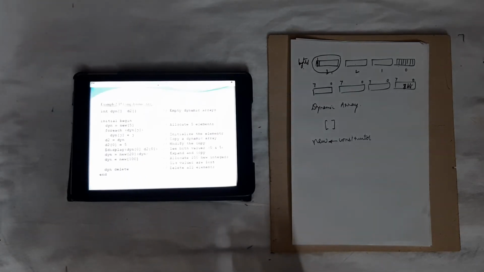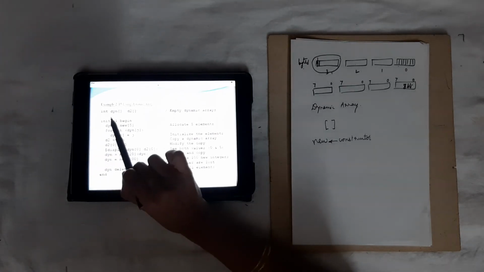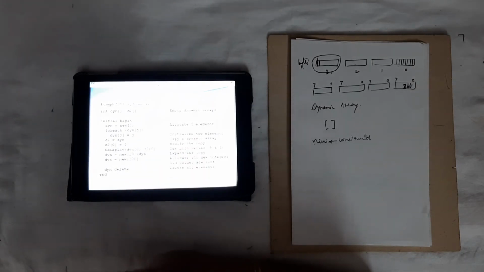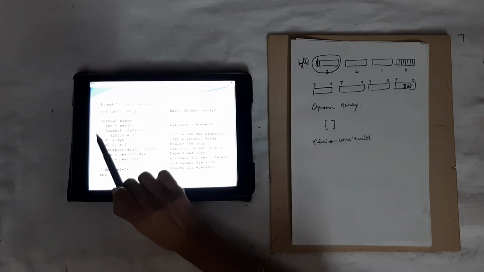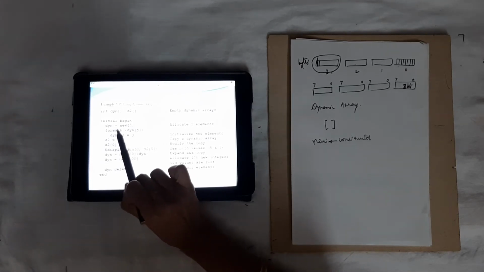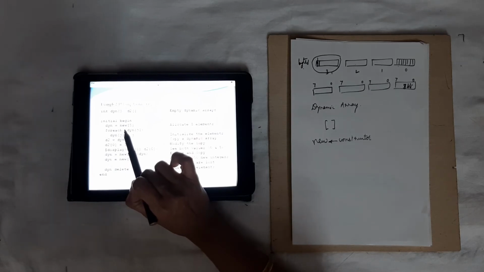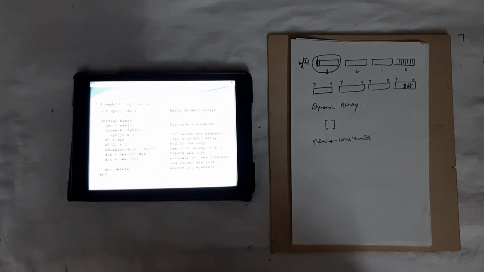So let us analyze once again. Int dyn and d2, since these are with empty braces, means that they are dynamic arrays. Initial begin, dyn is equal to new of 5. Since it is a dynamic array, we have to use the new construct to allocate the elements. Here 5 elements are allocated.